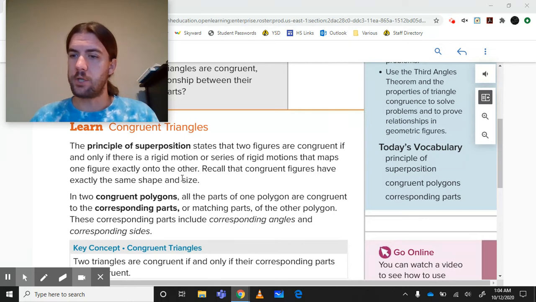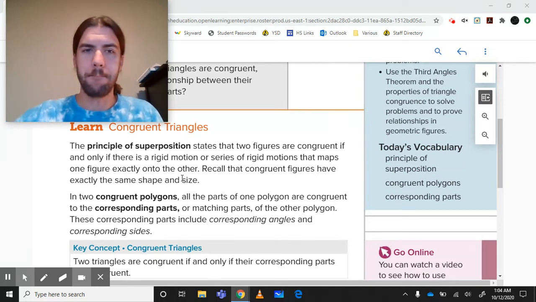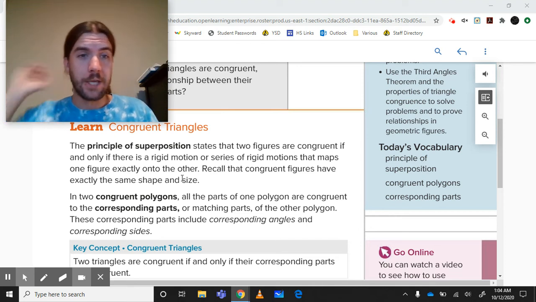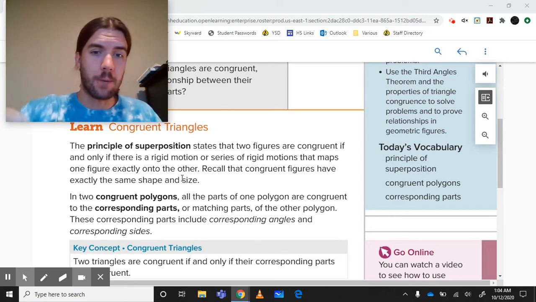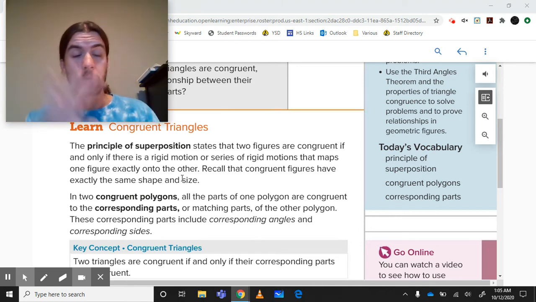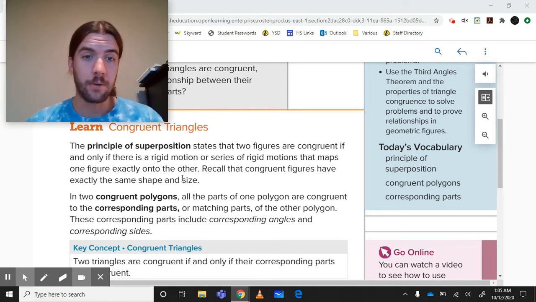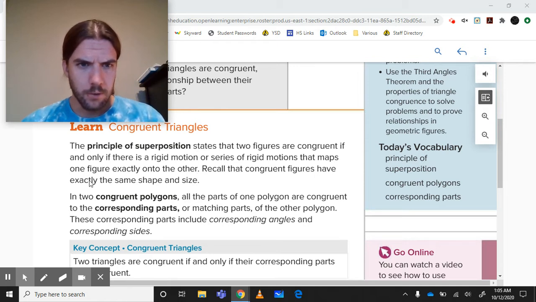Okay, a non-rigid motion would be bending, stretching, things like that. So we can't do that. We're not allowed to stretch our objects. We're not allowed to bend them. But if we just move them around, if you can move one object and get it to the other one, then they are congruent. Okay, so in two congruent polygons, all the parts of one polygon are congruent to the